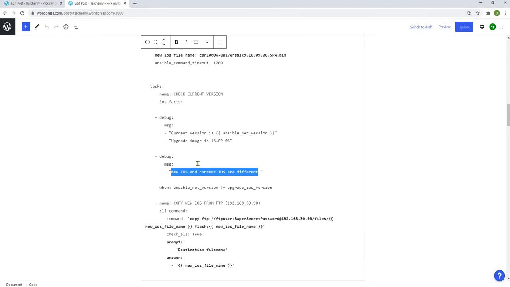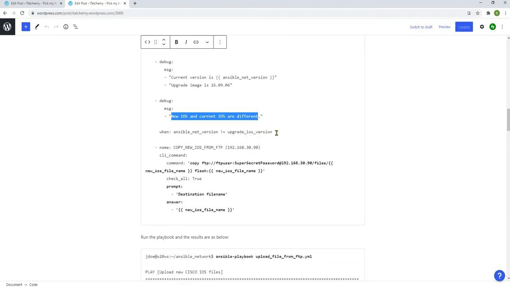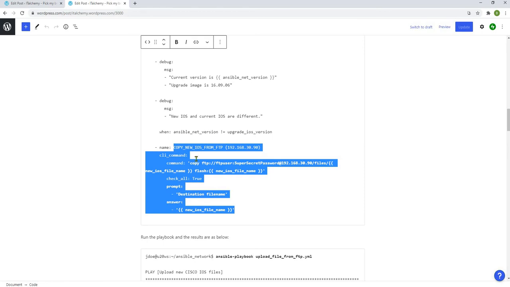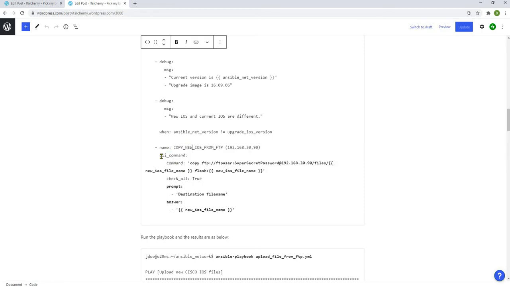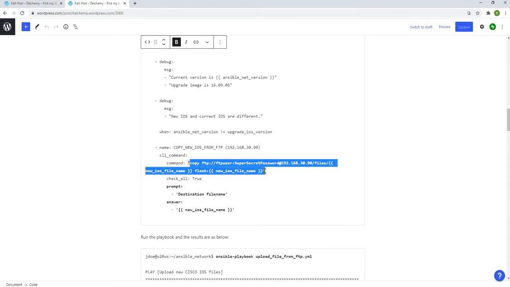But here it's just doing the checking, and when it's actually different, then it's going to go down to the next YAML script, and then you will actually run this part of the code. So very important here is that we are using a CLI command, and the command is what you would put into your routers or switches